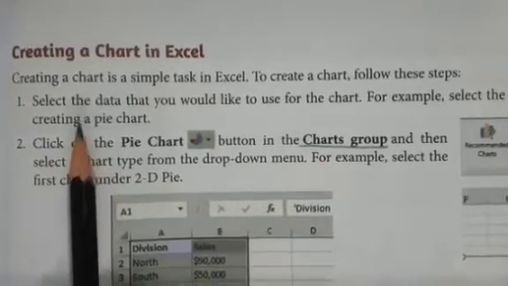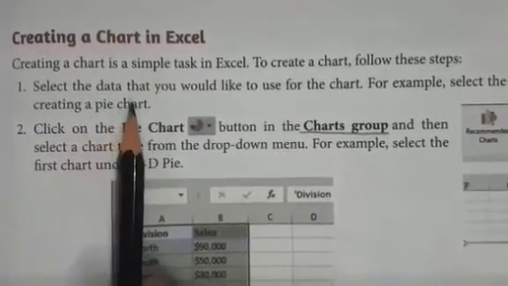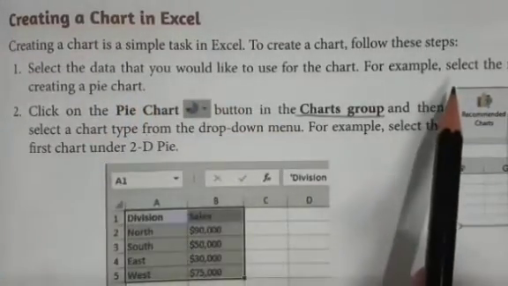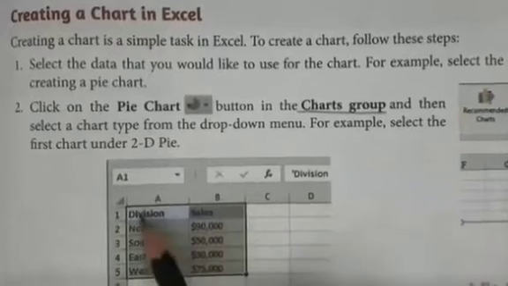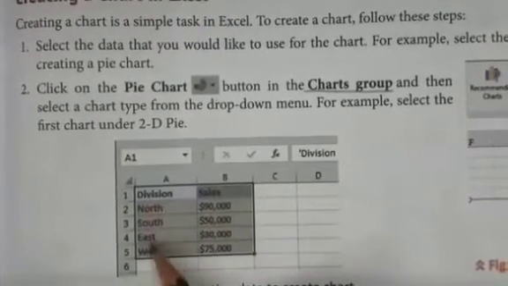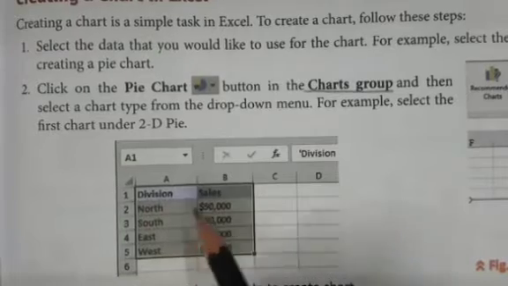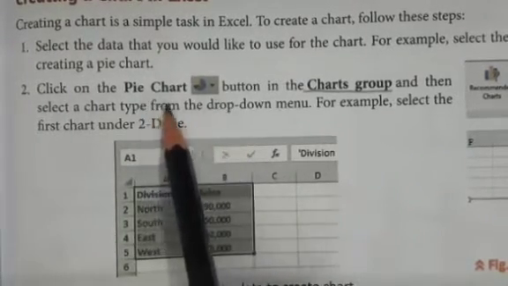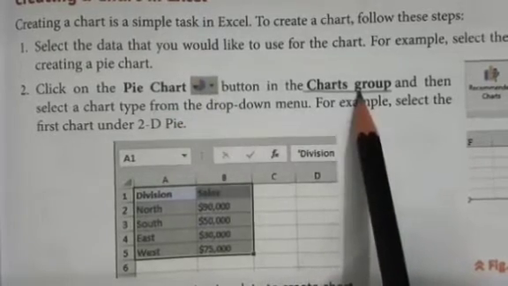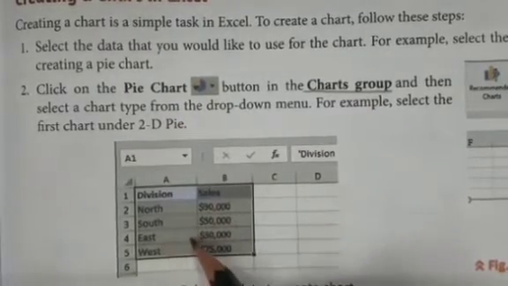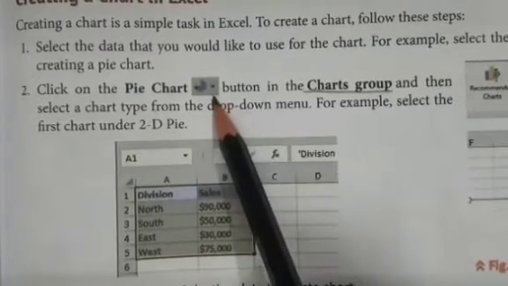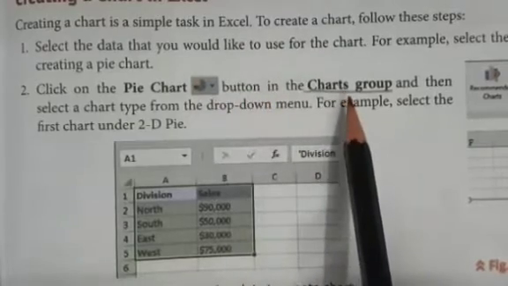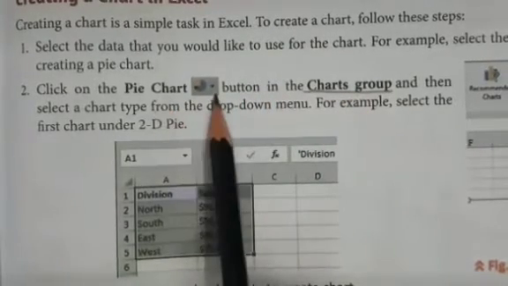You all know it very well that first you have to select the data. How you will select the data? By selecting the cell range, you can select the data. Then you have to click on the insert tab, and then choose the type of chart from the charts group. So here we are going to create the pie chart for this data. So you have to click the insert tab, click in the charts group, pie chart.